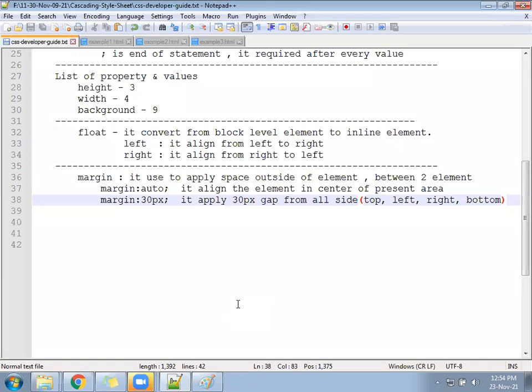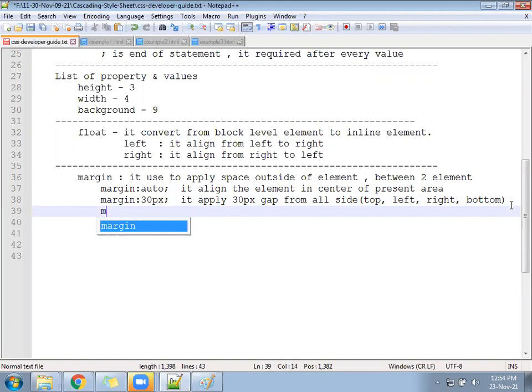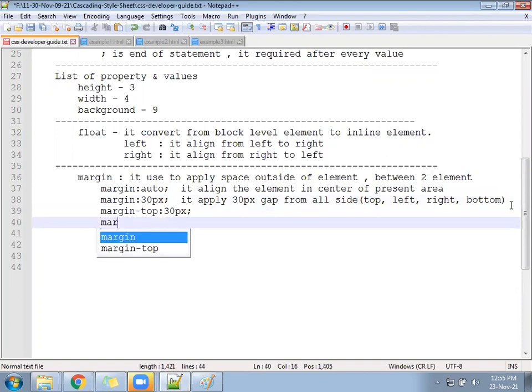So ready? Next, after that, this is from all the sides. Suppose one division wants to leave 50 pixels top, left, right, bottom, we can use this property. Margin, a certain number. You can write a percentage also. In case you want it specifically only from the top side, then we can write margin hyphen top, a certain number. Margin hyphen bottom, a certain number.